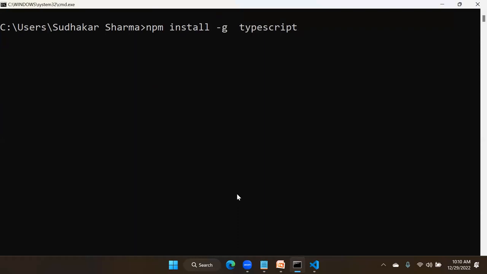So this will download and install TypeScript from their official website and put it on your computer. Globally is very important. Sometimes people miss that -g, because people usually follow YouTube and some other